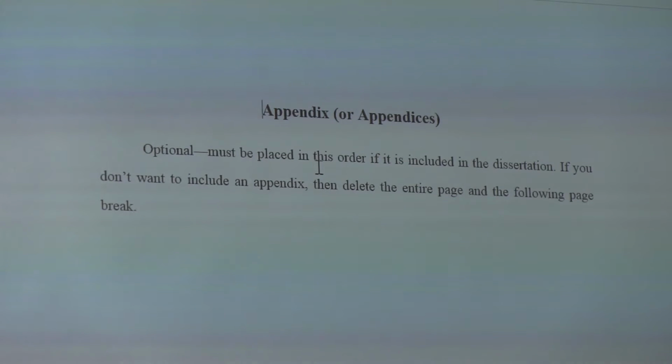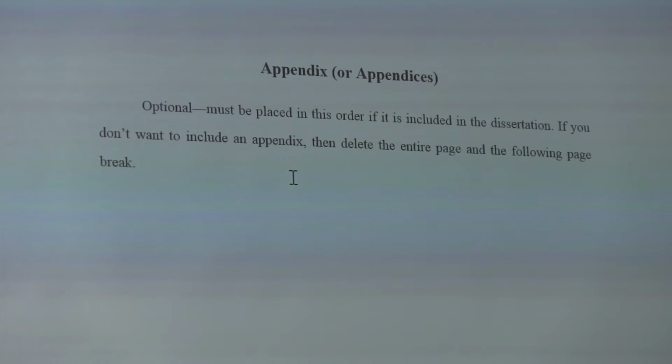There are 3 different ways you can do your images or tables. You could have them in the text as they're referred to, or you can have them all collected at the end of each chapter, or some people put all their images or tables here in an appendix. Any of those will work for us. Like I said, about anything will go in there. The only criteria we have for an appendix is that it fits within the margins. It doesn't stick out in the margins, doesn't cover up the page number, that kind of thing.